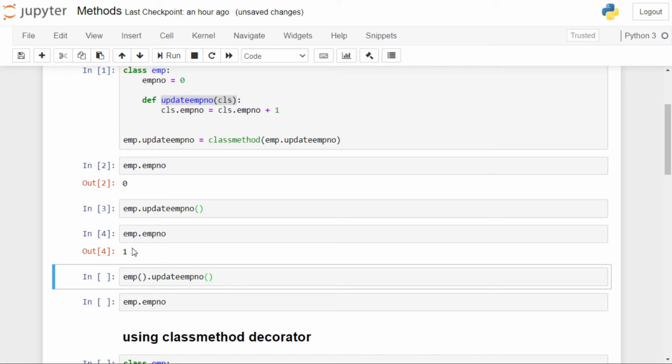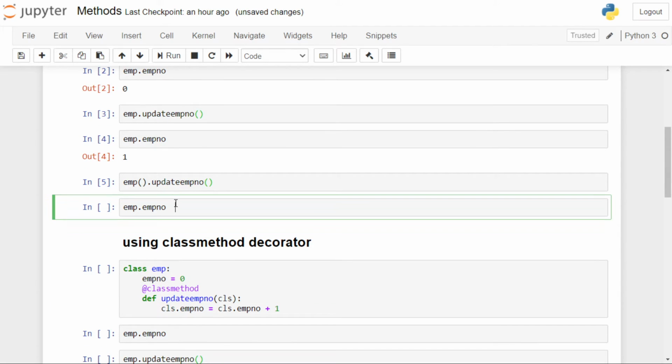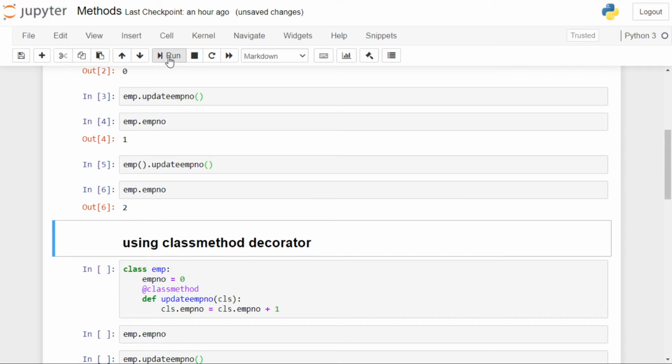You can call the class method through the object of the class. Here we have called the constructor of the class Emp, which will return an object of the class, and right there we have directly called the class method. It will increment the value of the class variable emp_number by 1, and when we check the status of this value, we can see that the output is 2.